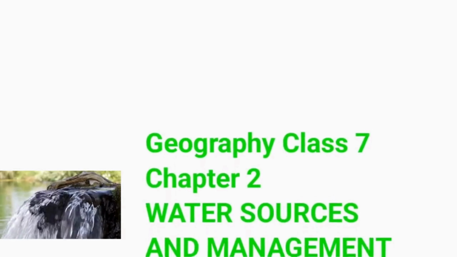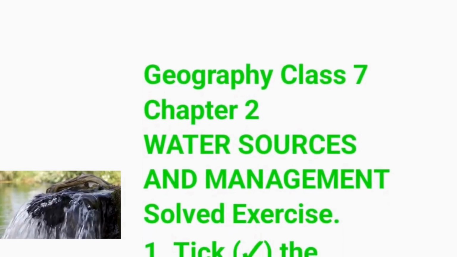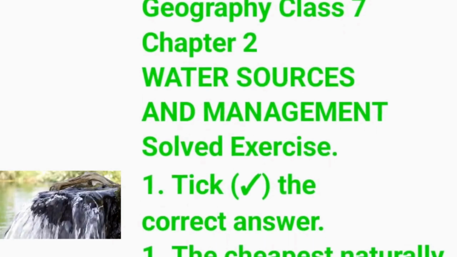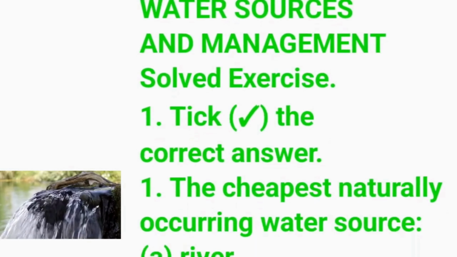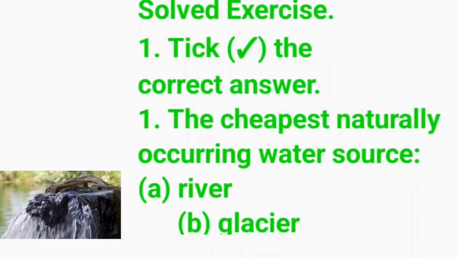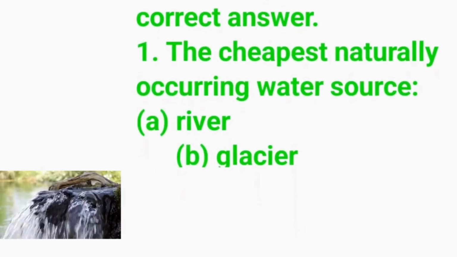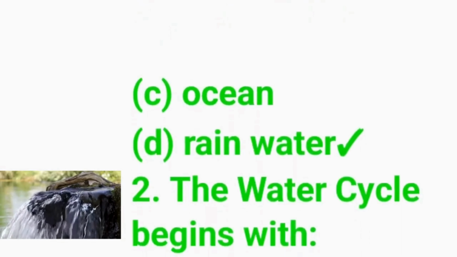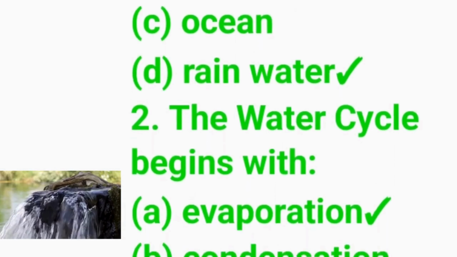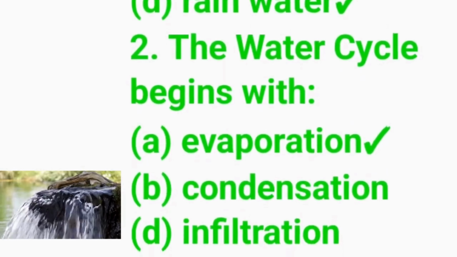Geography Class 7, Chapter 2, Water Sources and Management, Solved Exercise 01. Tick the correct answer. 1. The cheapest naturally occurring water source: A. River, B. Glacier, C. Ocean, D. Rainwater. 2. The water cycle begins with